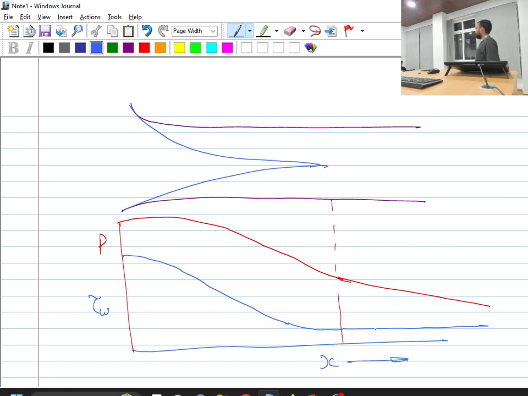Okay, is this point clear? Because after this point the velocity profile is becoming uniform, it is not changing. So after this point I will have a constant value of wall shear stress. On the contrary, pressure will have a linear variation. But before this, in the entrance region, we will have a non-linear variation, and because